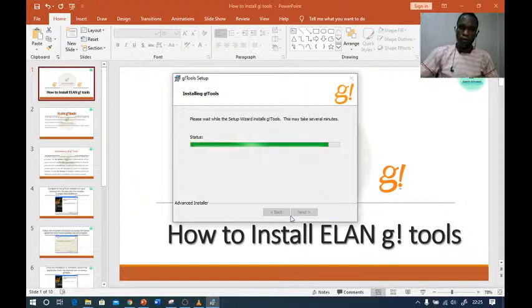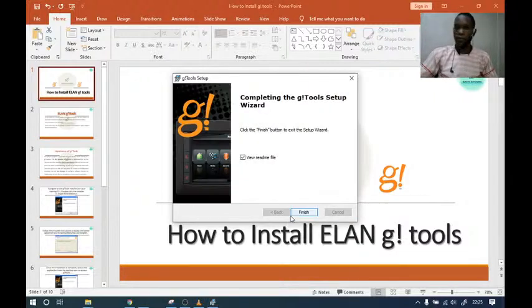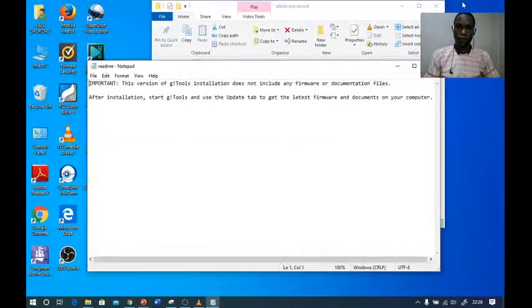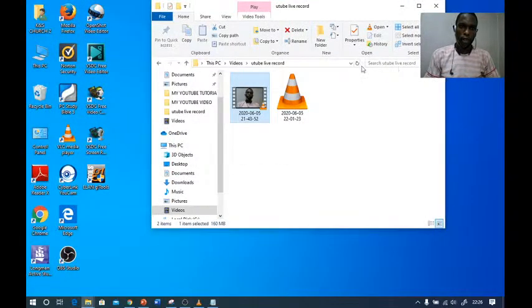So the installation is still on. So now the installation is complete. It's asking, click the finish button to exit. So now we'll click on finish. So now let's go and launch our install.